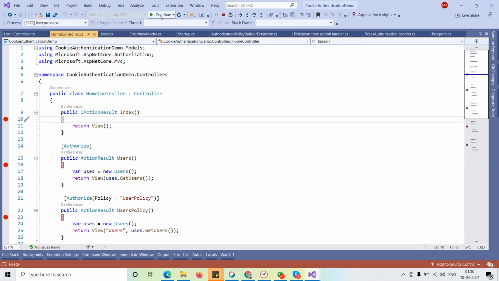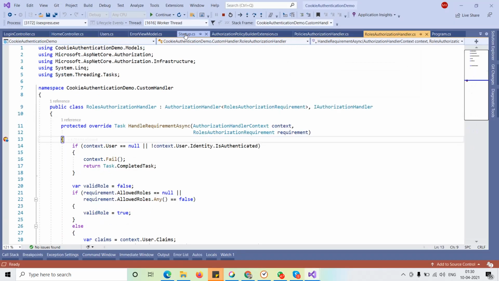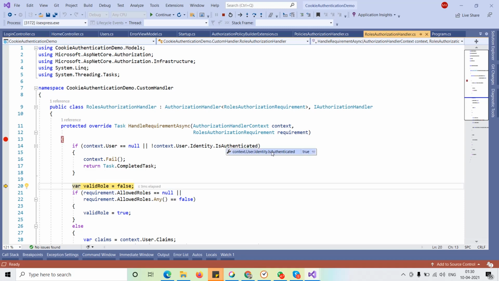Now I am again going there, and let me click on user role. So let us check, yeah, so that is the authenticated user. You can check the user is authenticated. Now if the role is there, let's check the allowed role.